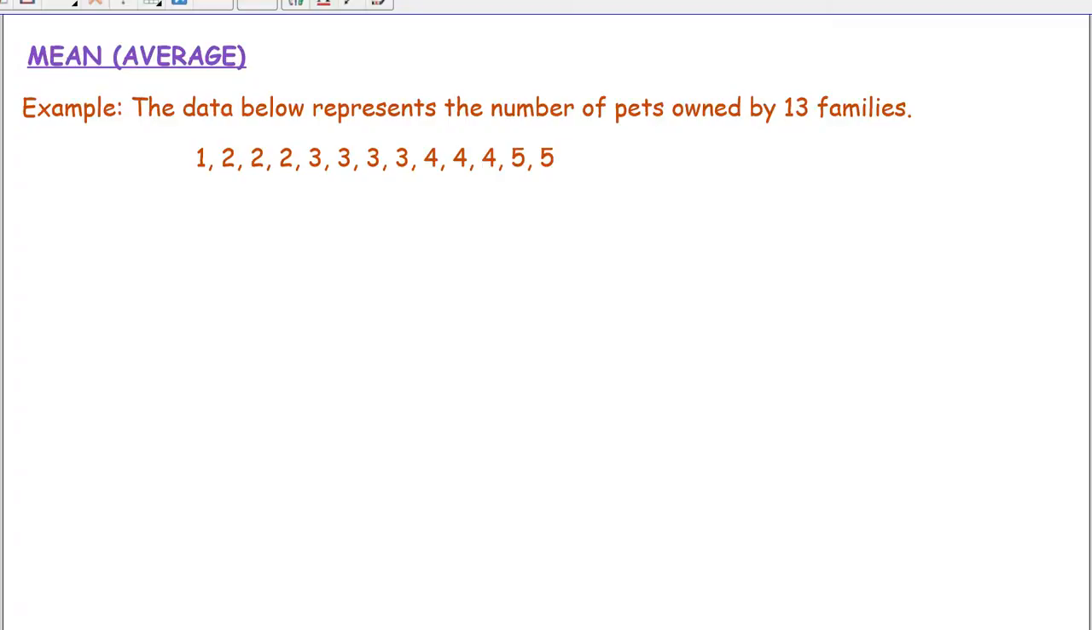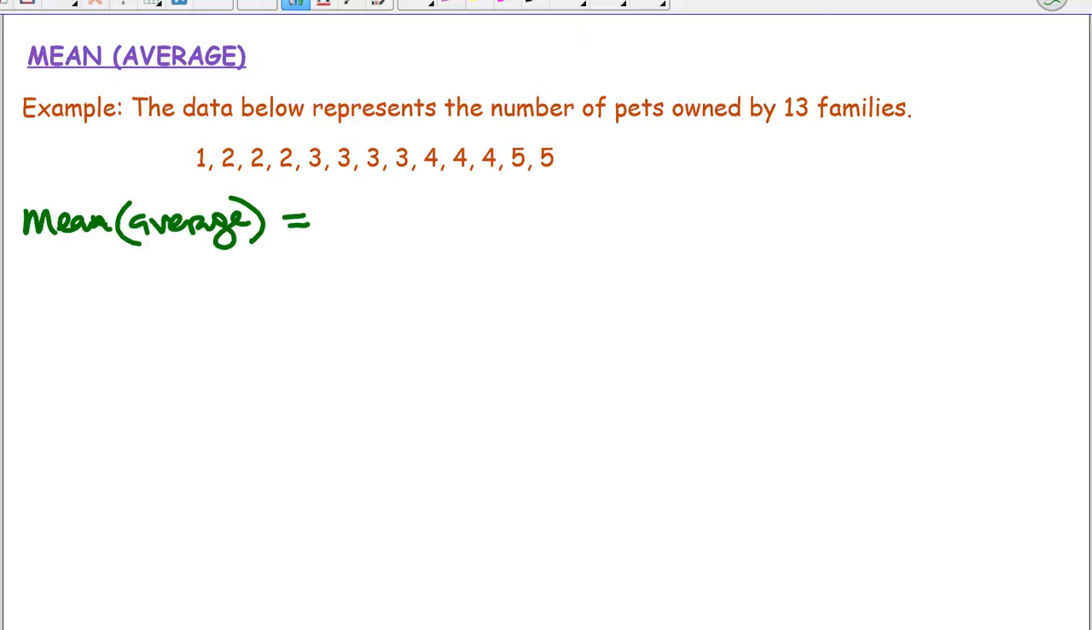I'm now going to look at how to calculate the mean or average. So this is a review of what you covered probably in year 7 or 8. The data below represents the number of pets owned by 13 families, and we want to find the mean or average. So from what we covered previously, mean or average is given by,